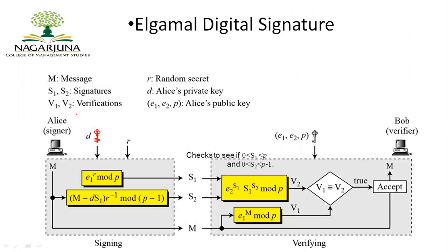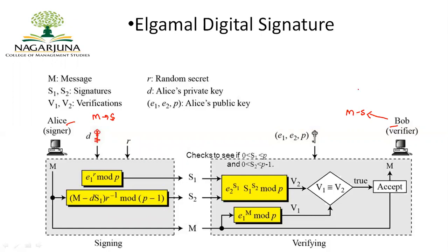So now we have two different users. One is Alice, the other one is Bob, where Alice sends the message along with the digital signature to Bob. Alice wants to send a message along with a proper digital signature; let me consider that as M. Now Bob will receive both the message and the digital signature, and Bob is going to verify whether the signature is appropriate or not, or whether the signature belongs to Alice or not. How this is performed using the ElGamal digital signature, we will see.